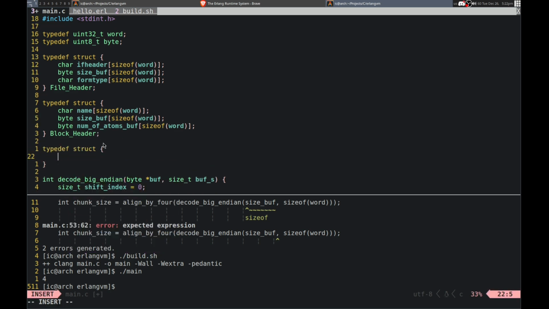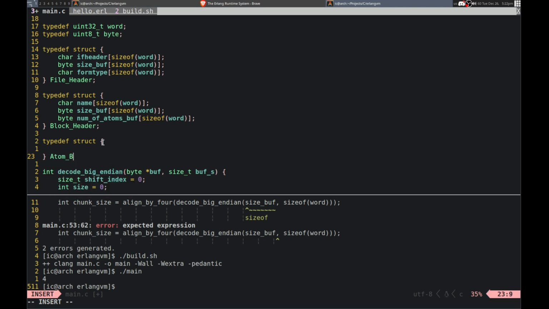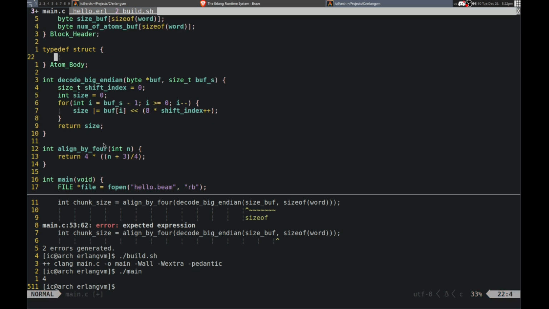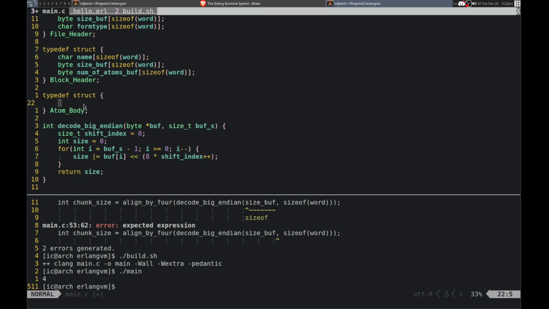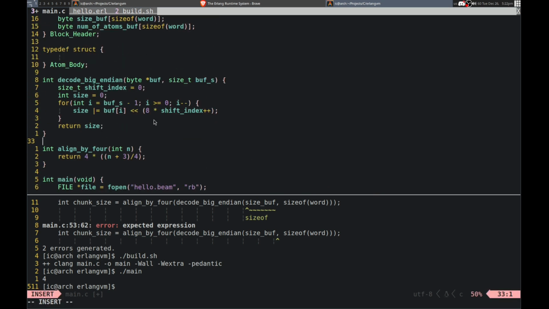This will just be atom body. I don't know if it'll be able to be used for the rest of us. That's why I'm calling it that. And then we need these things that we read in here. So we need an array of them actually. So we need the name and the size. So, wait, what is, yeah, so atom size, and we need an array of these. So I'll just make it, let's see, I don't know if that'll work exactly.